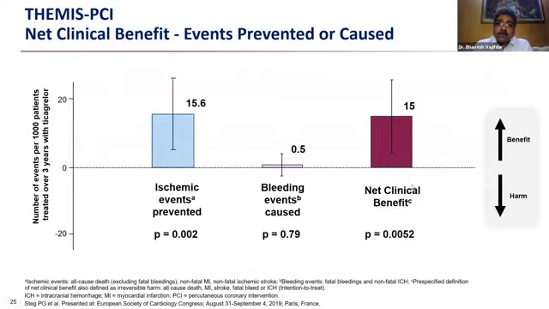they found that the fatal bleeding is less. So they concluded that if you look at the net clinical benefit, that means you see the benefits of the ischemic event prevention, and you subtract the bleeding events from that, then you get the net clinical benefit. And then you found that if you look at the entire population, there is a net clinical benefit. That means you might have some more bleeding, but because it is not a fatal bleeding, you are actually preventing many ischemic events, and hence it might be beneficial to give ticagrelor to these patients who have stable coronary artery disease but who are diabetic and elderly.